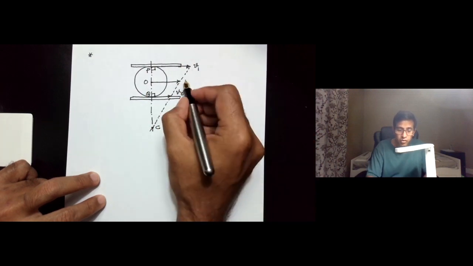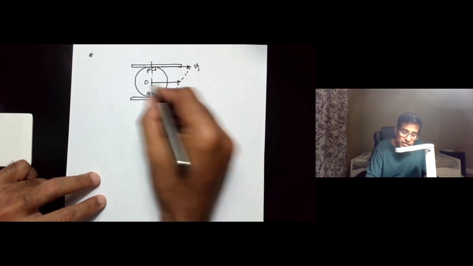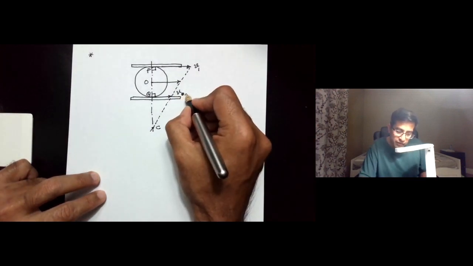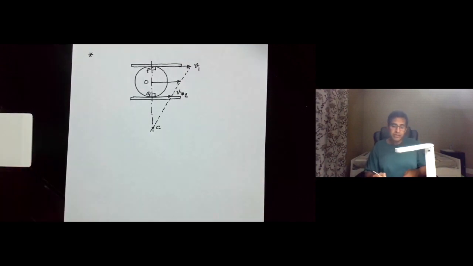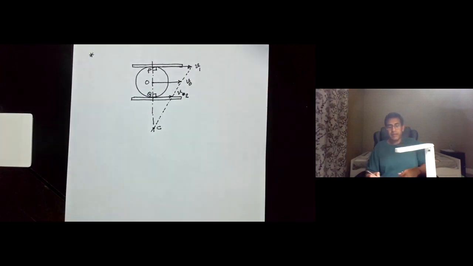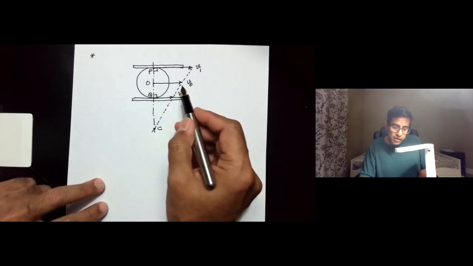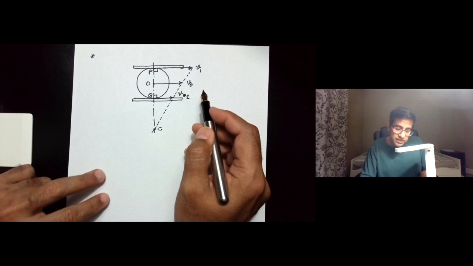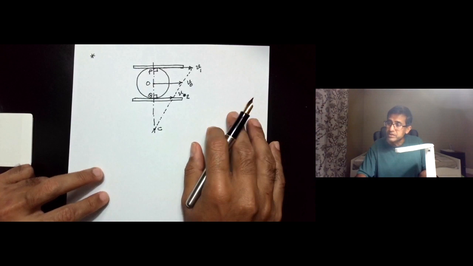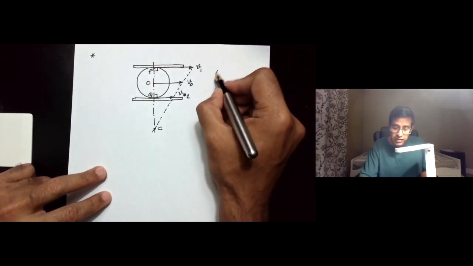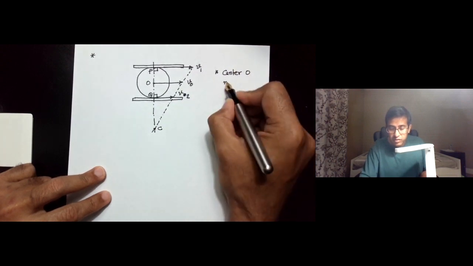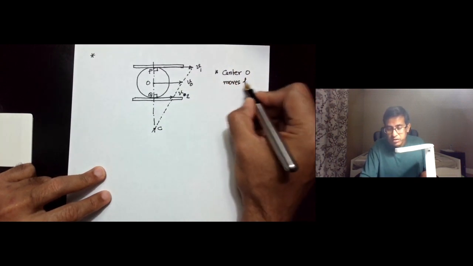So the velocity at O is going to be, let me call this V2 instead of V0, and let me call the velocity at O as V0. You can see that in this case the center O moves forward